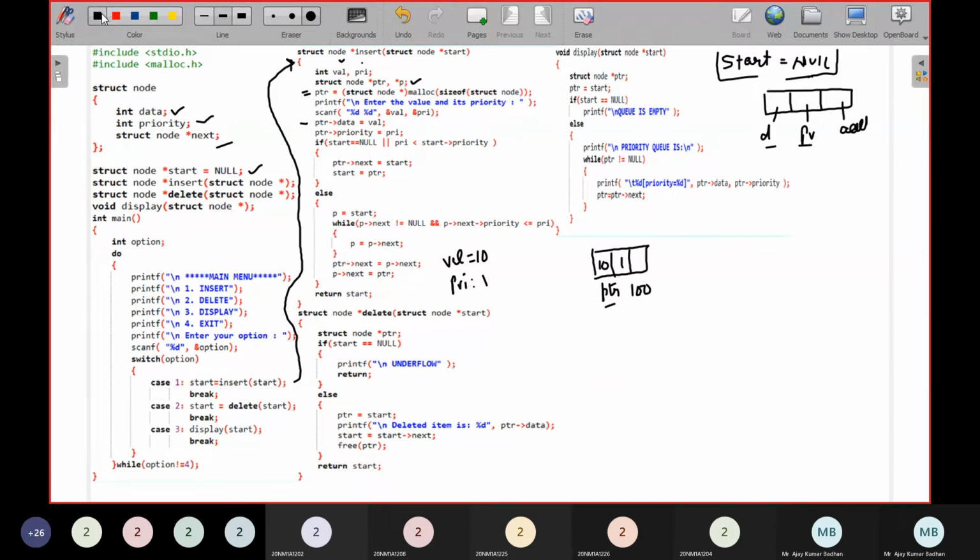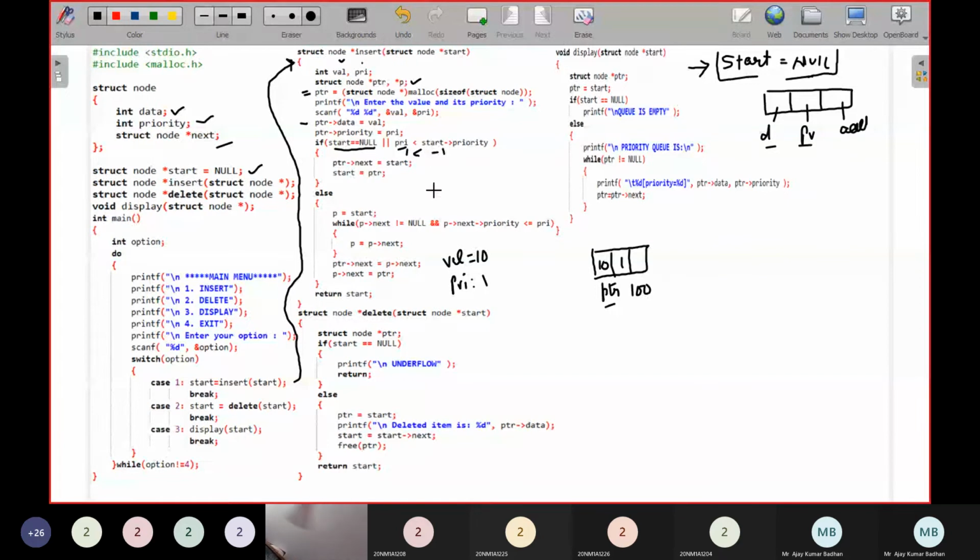Now what he's saying here is we will check whether this is the first node or not. That we are going to determine here. How can we determine? See here, if start is equal to null, and you know that initially the value of start is null, this condition has been satisfied. But apart from that, we have one more condition: if priority is less than the start priority. What is the priority we gave for the new value here? 1. Is 1 less than the start priority? Initial start is null, which means it doesn't have any priority, so that is minus 1.